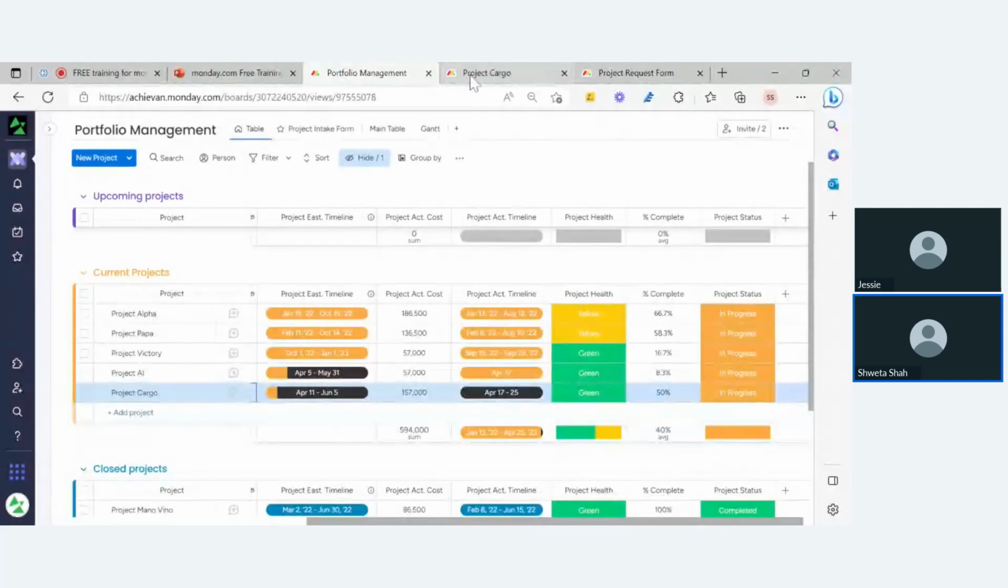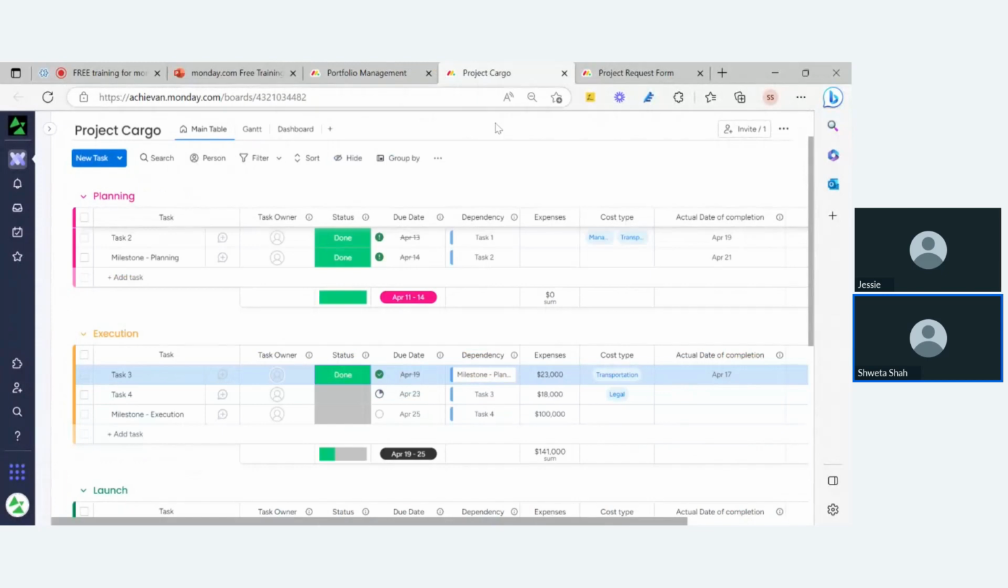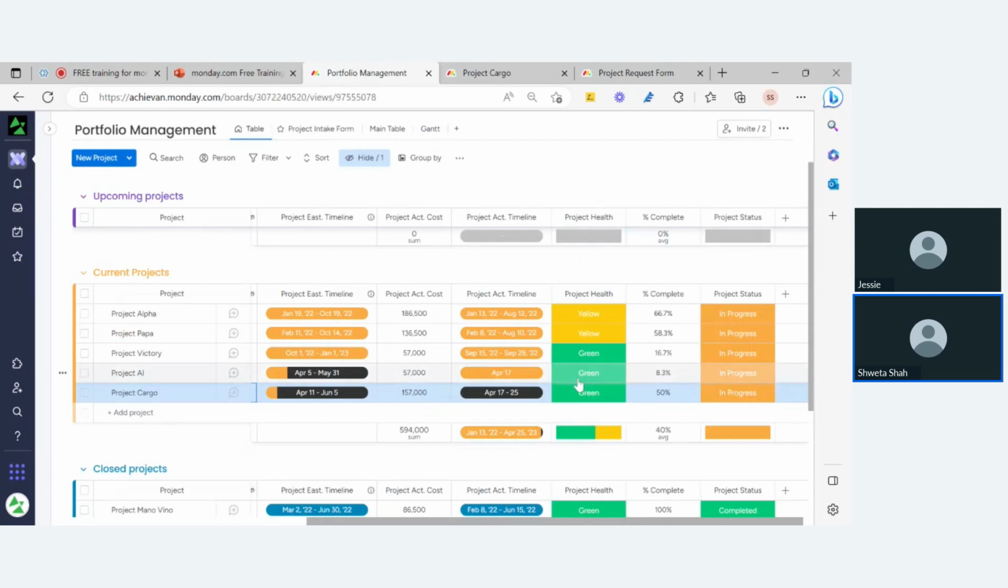So somebody is working on the project and changing the tasks, working according to the timeline, and everything is getting updated on this portfolio management board. We also have another automation here: whenever this becomes 100%, my project status will automatically change to completed, because my project is completed, and then it can be moved to closed project. Before showing you how it changes to 100%,